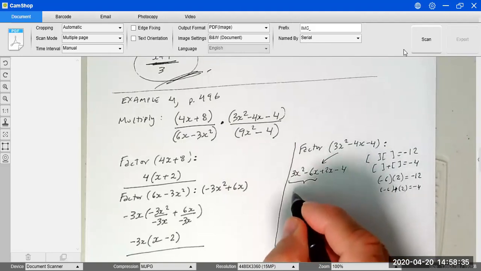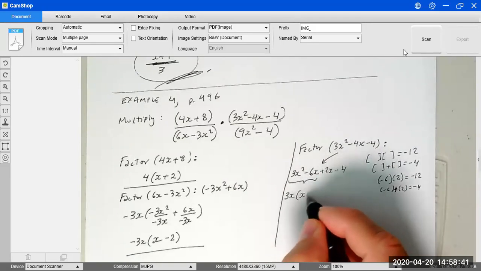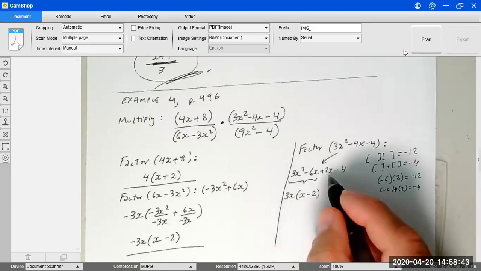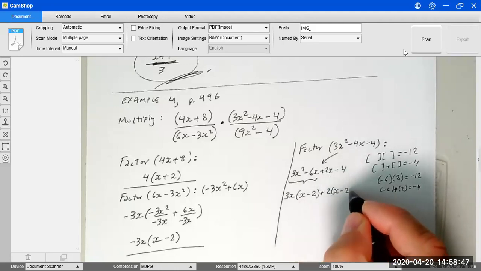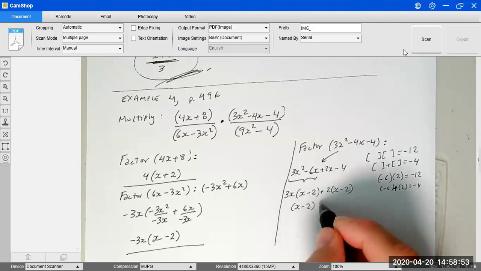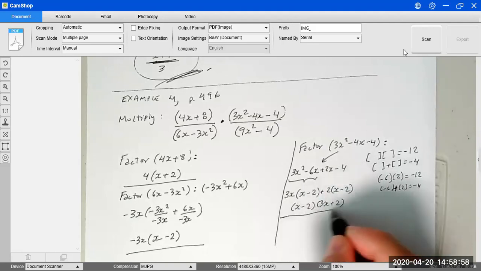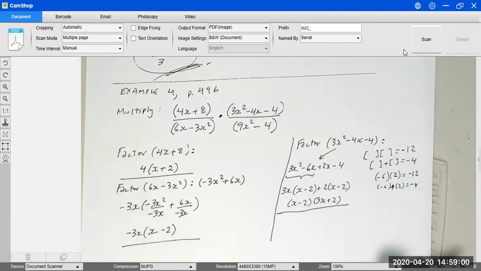So you're going to get here 3x, and then the factors are x minus 2. Here you factor 2, and you get x minus 2. So the final answer for this is going to be x minus 2 that multiplies 3x plus 2. So that's the next